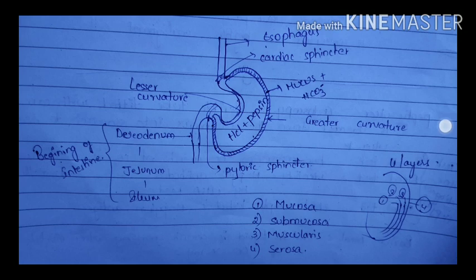Along with this, H. pylori has adhesion molecules, which lead to the sticking of H. pylori to the surface of the GIT. So it is very difficult for H. pylori to come out from the GIT, because the adhesion molecules stick to it. This is about the pathophysiology of peptic ulcer. I already told you what happens in the gastric ulcer and what happens in the duodenal ulcer. So we'll go to the next one.